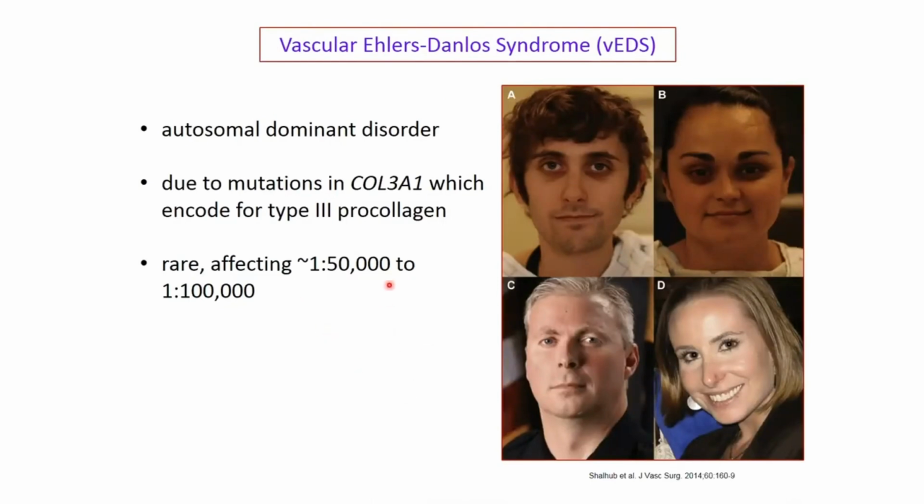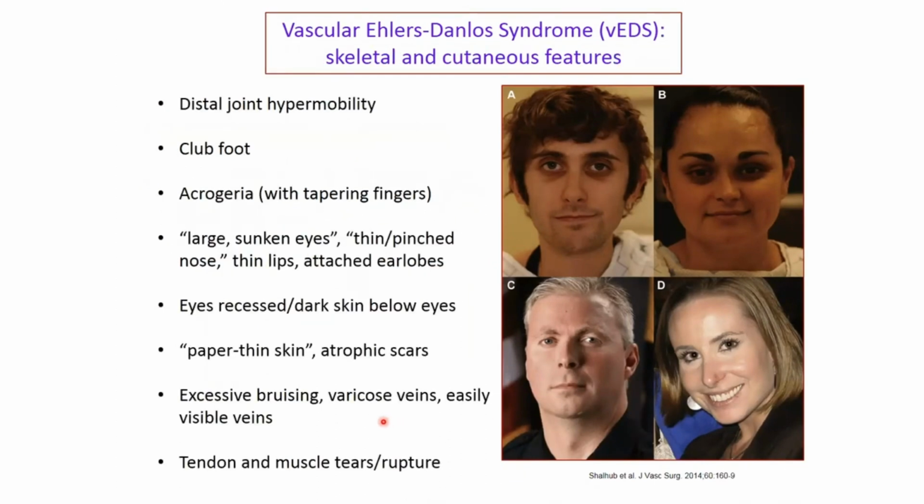Vascular Ehlers-Danlos syndrome is one of the rarer causes of familial aneurysm disorder, affecting about 1 in 50 to 100,000 individuals due to an abnormality in collagen. And typical appearance are sunken eyes with deep set eyes and dark coloration, a pinched nose appearance, attached ears, and abnormalities of the skin. Club feet are common, fingers that look old for the individual, named acrogeria, and very paper-thin